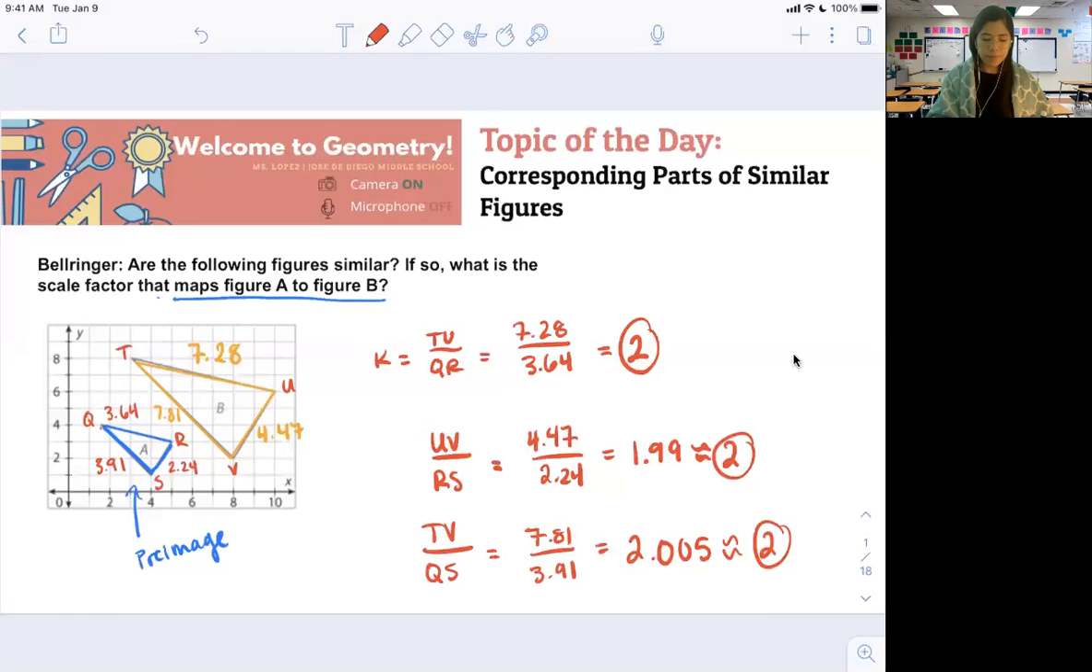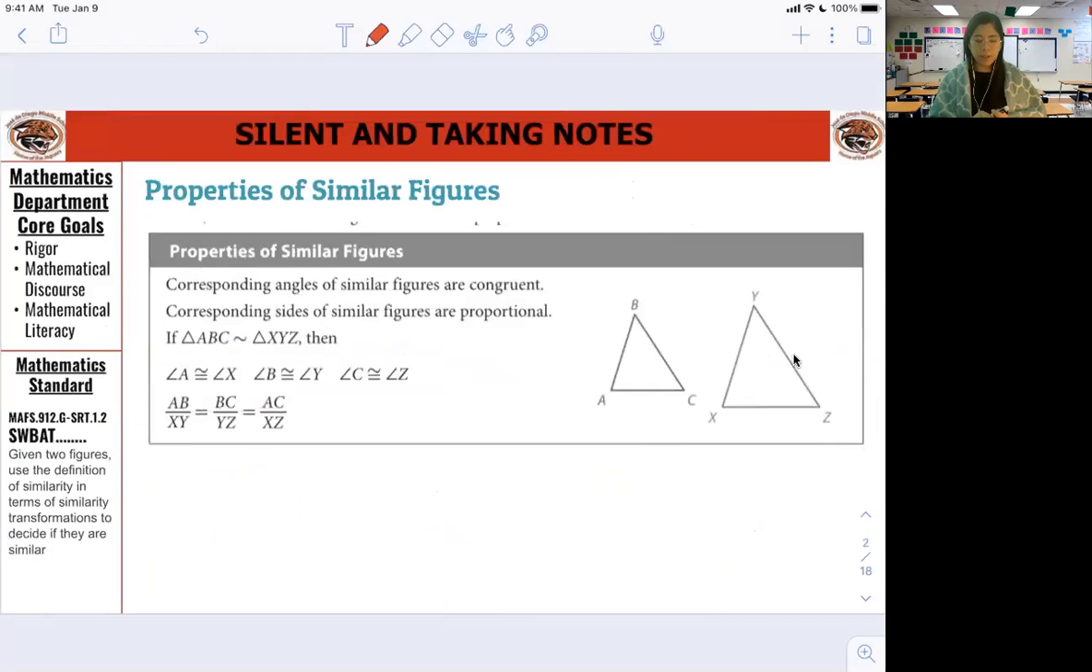All right, so quick review. You do not need to write this down because it's what we've been talking about all week. But we know that similar figures are going to have congruent corresponding angles, and then we know that the corresponding sides are always going to be proportional. So I kind of talked about this the other day, but you can always set up